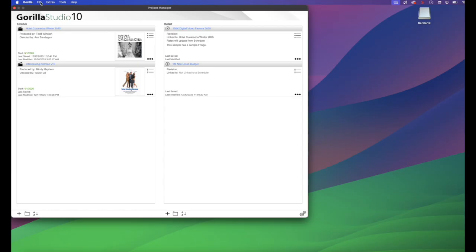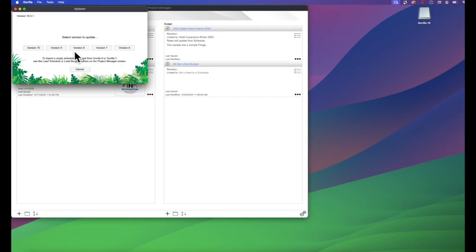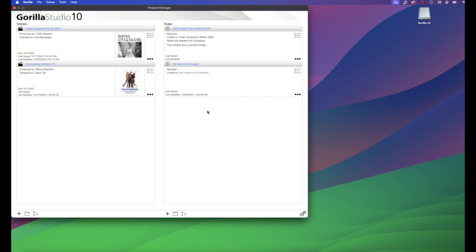So in order to import the other version, the projects, you can still go to File and select Import Older Version. And that's going to basically take you to the same window that we had earlier when we clicked the Update button. And then you can go ahead and do the version 9 or version 8 or version 7 upgrade. Okay, now once you've verified that all your projects are in here from version 8 or version 9 or even from another version 10, you can go and delete, if you want,